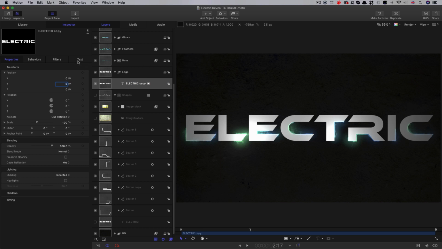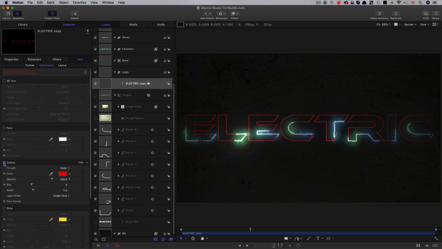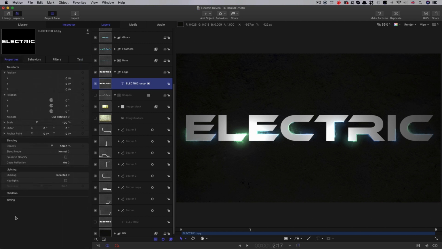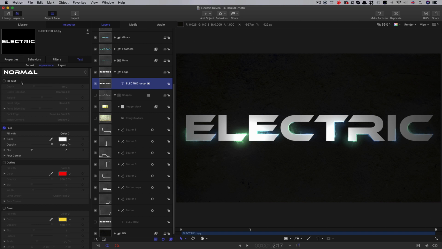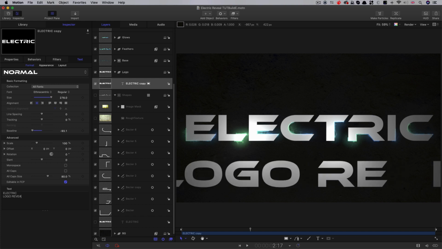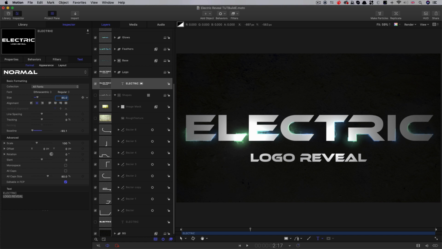Okay, so what I've also done, you probably notice, is I've swapped the text. Remember we had just a red outline like that. What I've done is I've made the face white. So I want to add a subtitle line to this. So I'm going to come to my text, format, and carriage return. I'm going to type logo reveal. Just going to select my text tool, drag over that bottom line, and I'm going to just reduce that size. I'm going to go for 85 there. So now we've got a nice little